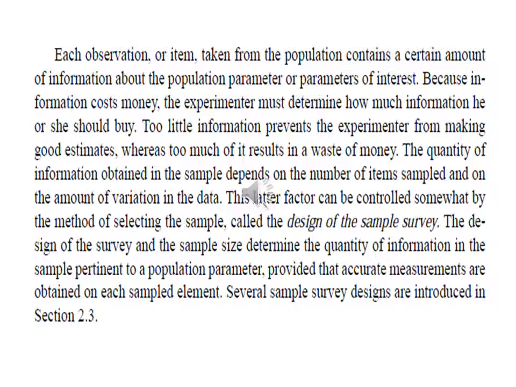The quantity of information obtained in the sample depends on the number of items sampled and on the amount of variation in the data. This latter factor can be controlled somewhat by the method of selecting the sample, called the design of the sample